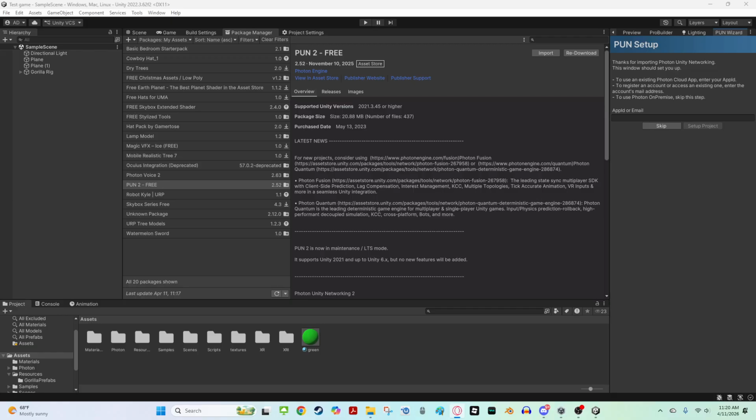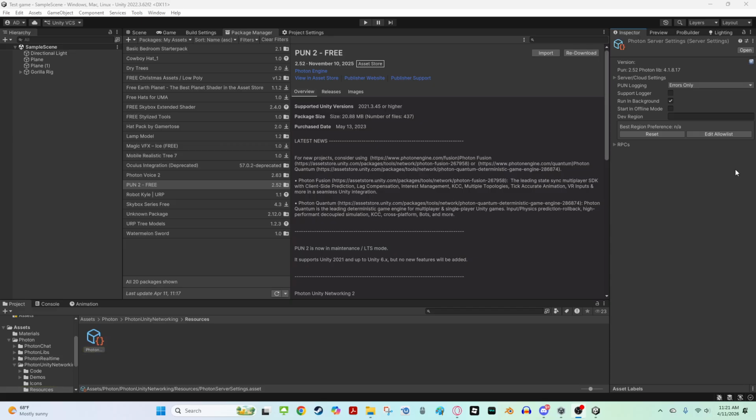Now you should see your game. You should see this thing above the name that says app ID. Click that, Control C, and then paste it into here. You want to paste it into app ID or email. Now I'm going to switch to a different screen because this is private. Once you have put it in, just click set a project, close,